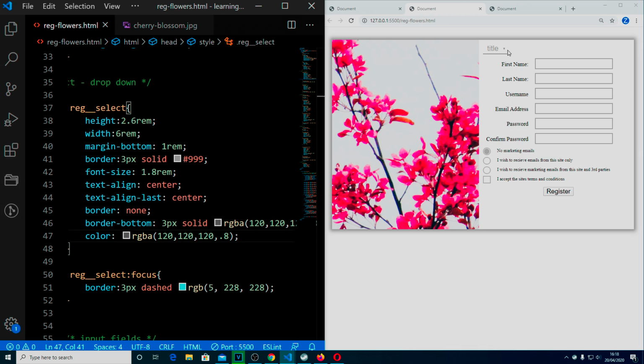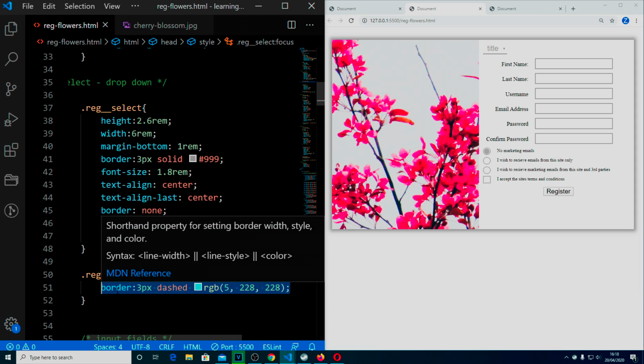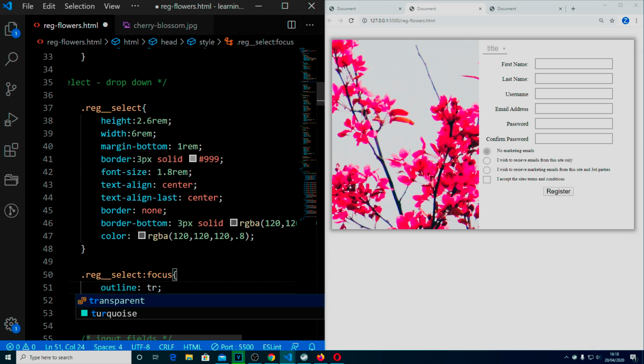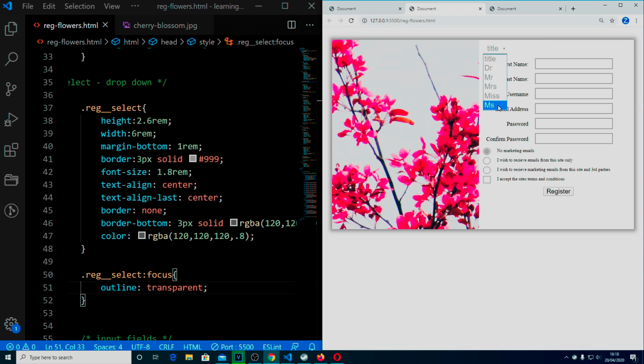Now it's not in the middle of the page yet, and we've got to deal with that little drop down bit. So first of all, let's get rid of that aqua, so we're not going to have a border when it does the drop down, and we're going to set the outline again to transparent. Save that, and there we have it. Okay, very nice and simple,